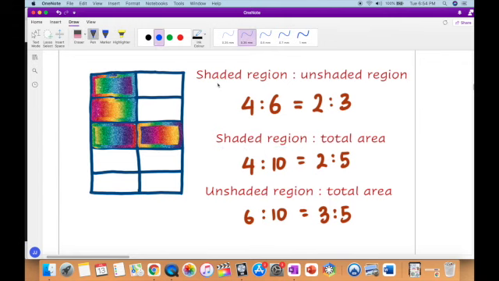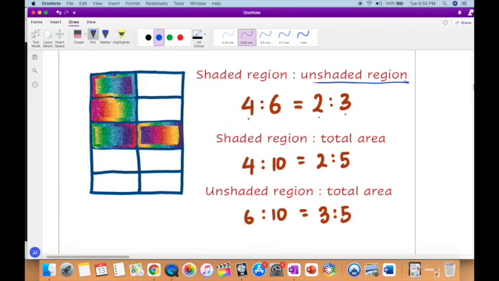We have the ratio of the shaded blocks to the unshaded blocks. So we have 4 shaded blocks and 6 unshaded blocks, right? So 4 to 6. That is the ratio. And you can see that 4 to 6 could be described as a fraction where I could simplify it as 2 over 3. And so the ratio is actually a 2 to 3 ratio, right? However, remember that